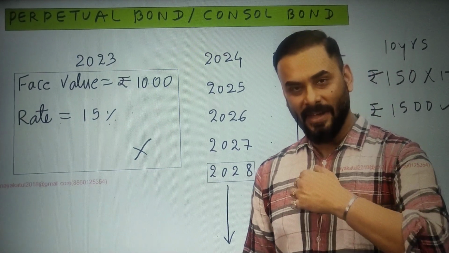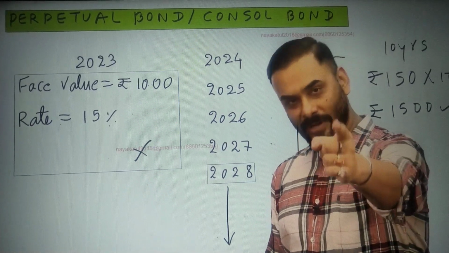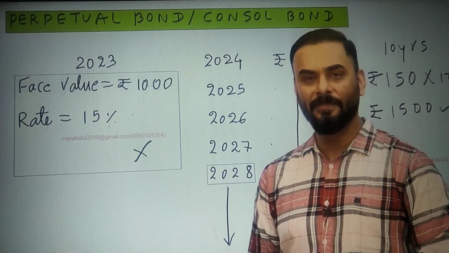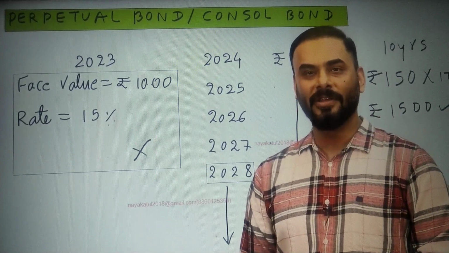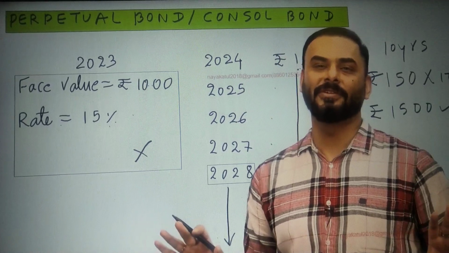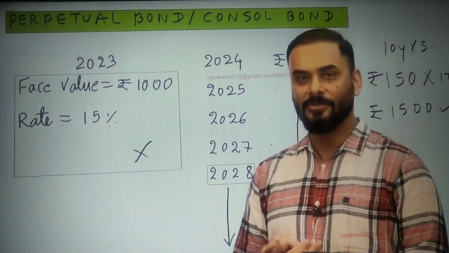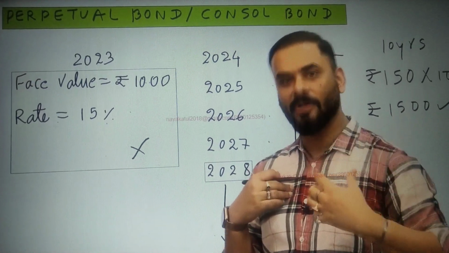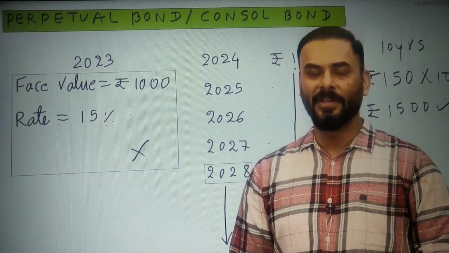So suppose guys, I sold you a bond and you return that bond to me after the fixed time period. That is called redeeming of the bond. So under a perpetual bond, redeeming is not a compulsion on the issuer of the bond. Which means if I am issuing the bond, it is not compulsory for me to redeem it, which means to take my bond back. It is not compulsory. Similarly,